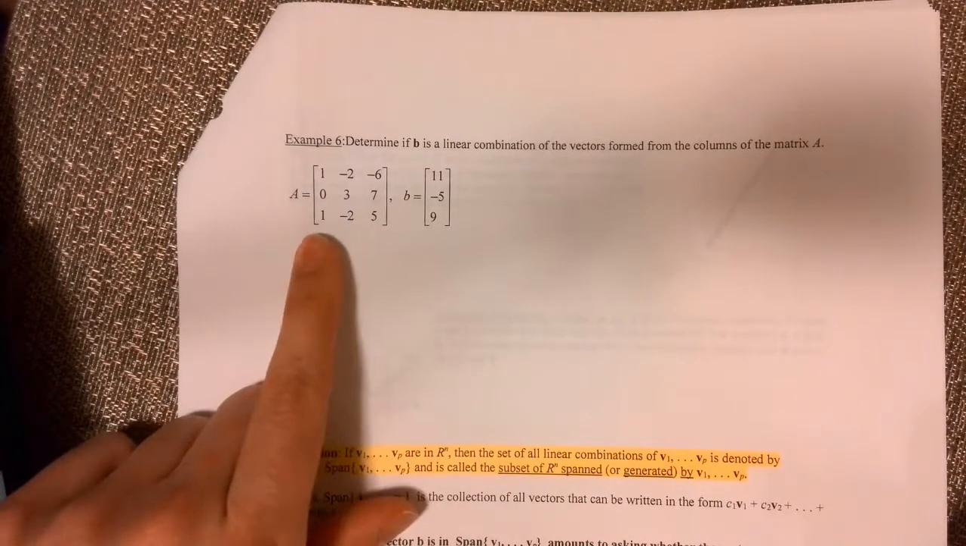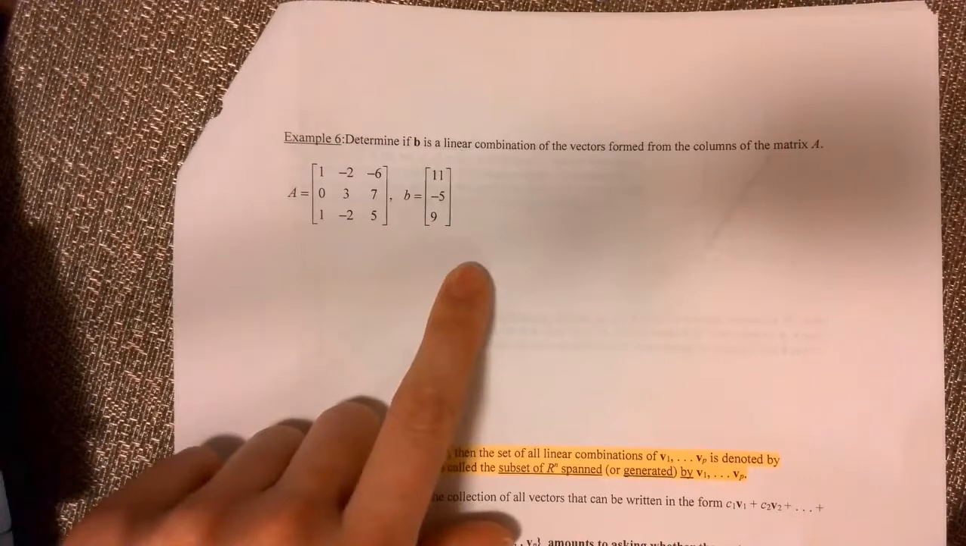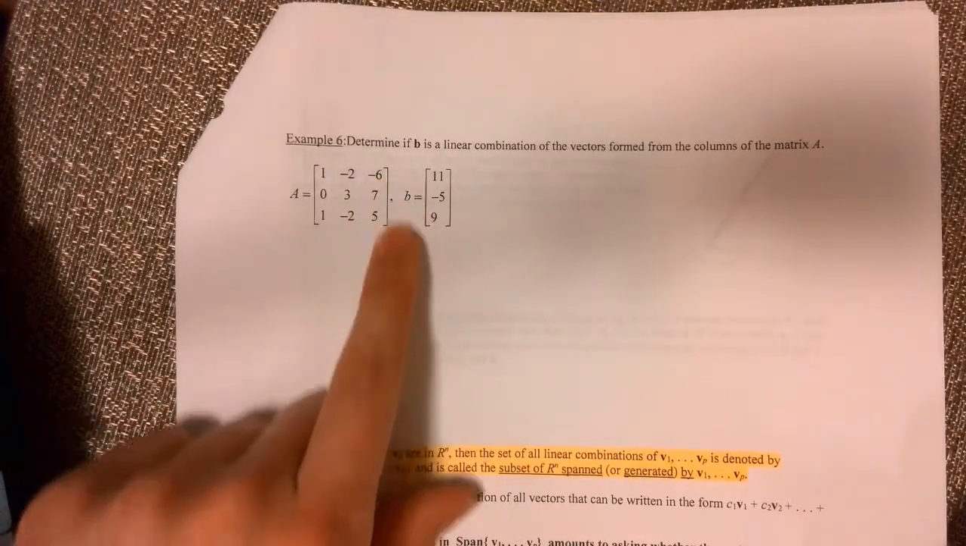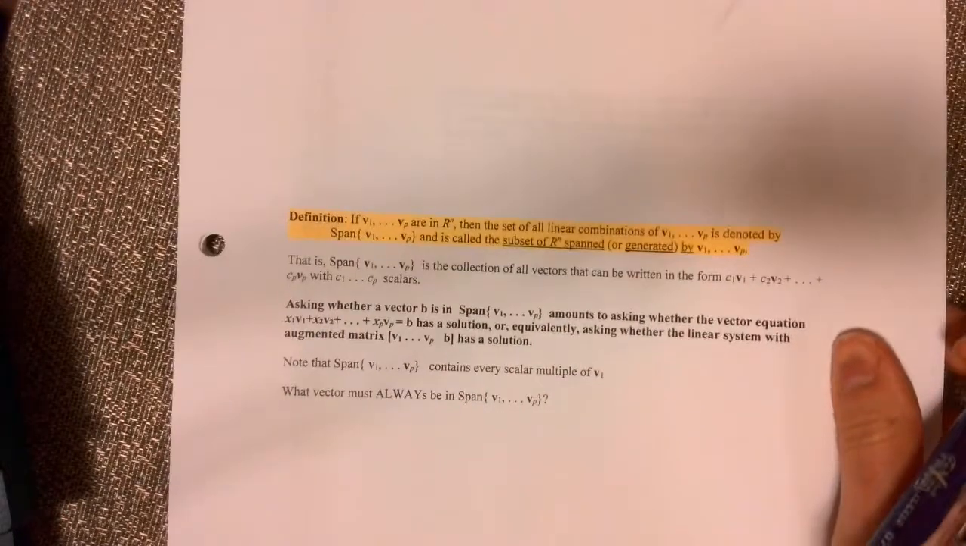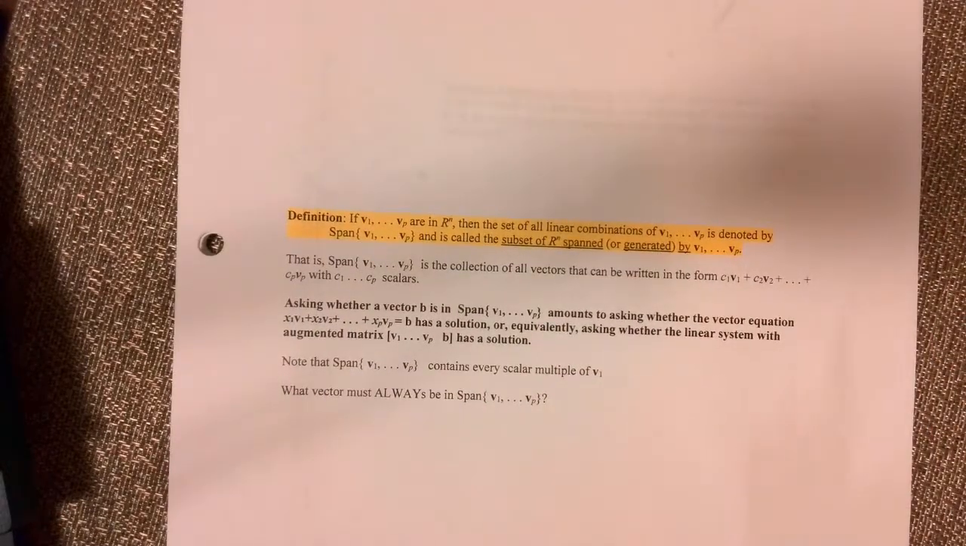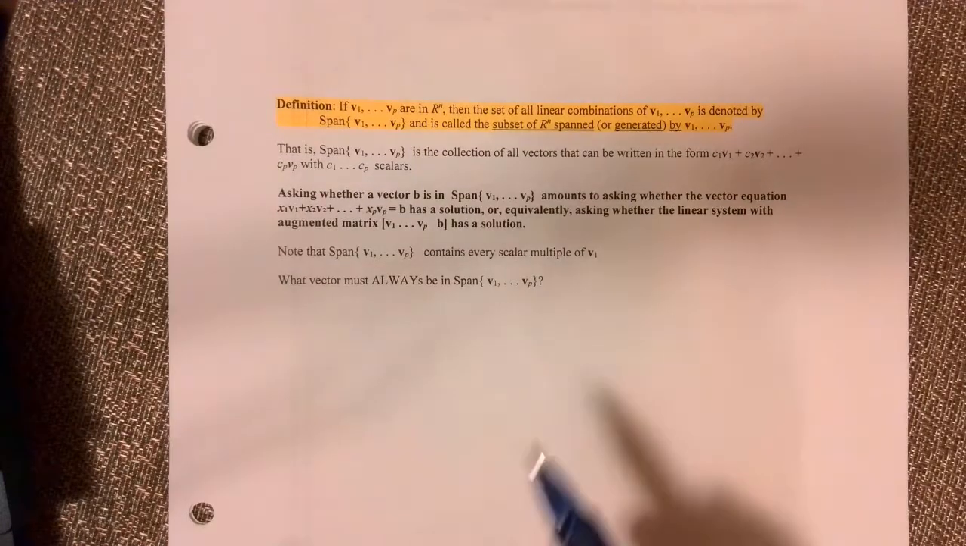Okay, here's a second example. This is what we would think of as the coefficient matrix, and you would just put B in as the augmented part and see if it is consistent. Okay, one other definition I want to talk about is that if we say that a vector can be a